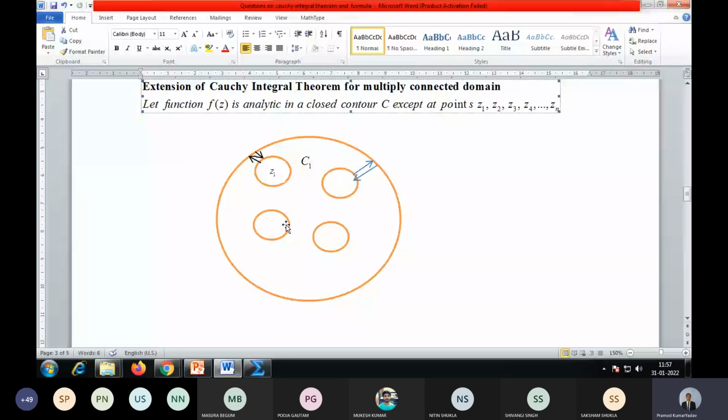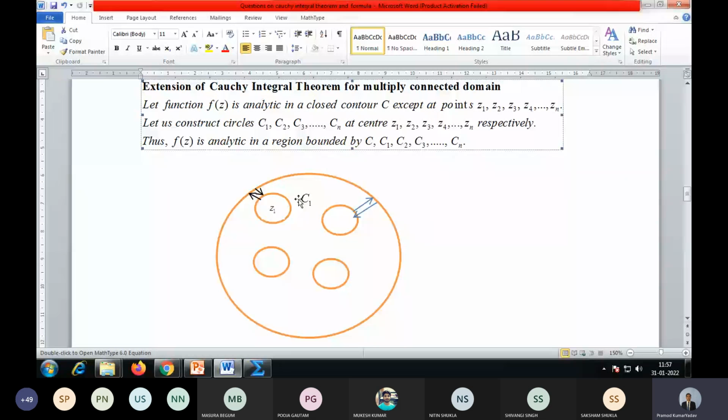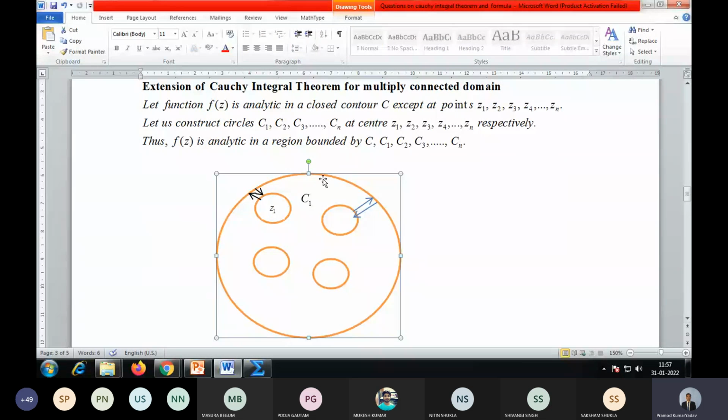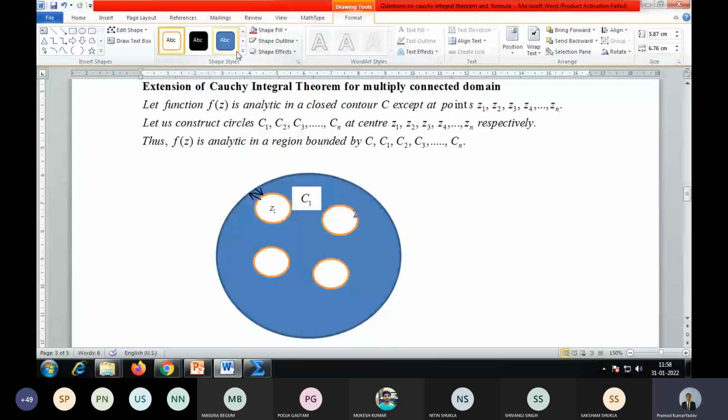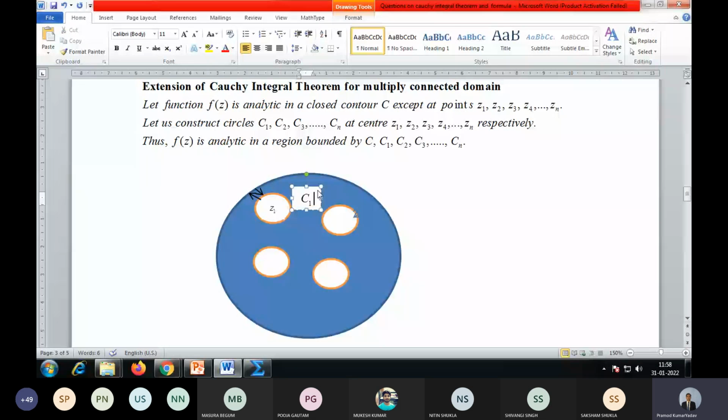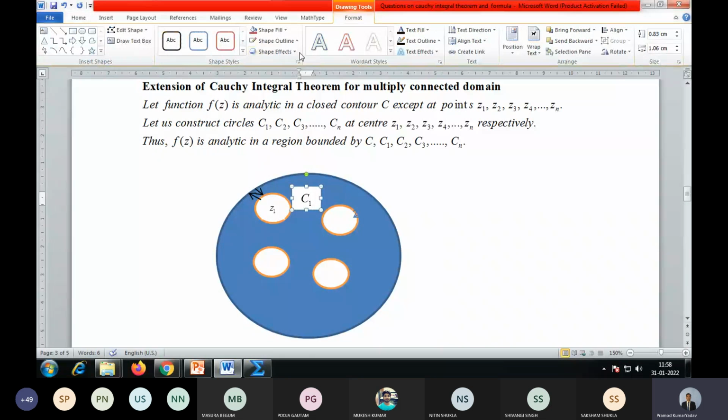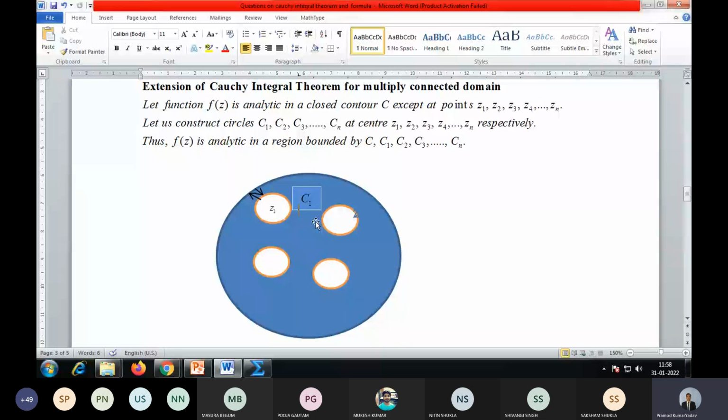So if we do it like this, then in the region bounded by the curves C, C1, C2, C3, C4, which I can show like this, f(z) is analytic. So if it is analytic, then by the Cauchy integral theorem,